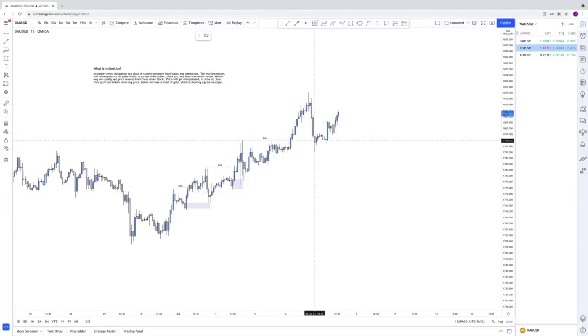And then we have a mitigation, which, as we've discussed, is price coming back in, mitigating, filling orders, more orders being placed, and then finally, the fourth, what happens next is basically continuation. Okay, so where could we mark on our range? Well, we could look at this, but that's the move that was continuing up. It's from here. So we can take the highest point and the lowest point of the range